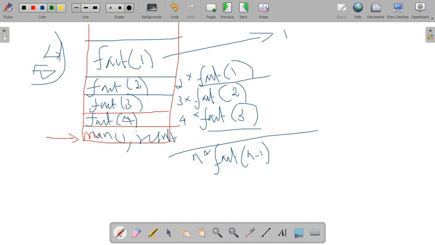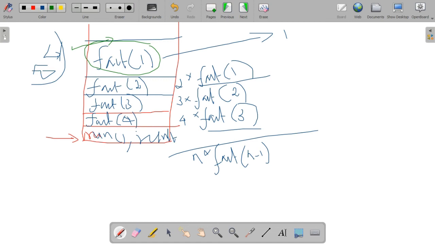At all times the computer works on executing whichever method is at the stack's top. So the stack's top is fact of 1. But when there is a method invocation, the computer creates a new frame and places it atop the stack. Whenever a method invocation is there, it will place a new frame at the top. When the method at the stack's top returns, which one is the stack top here? Fact of 1. When it finishes that computation, it returns a value, is it? By the base case concept, it will return a value.